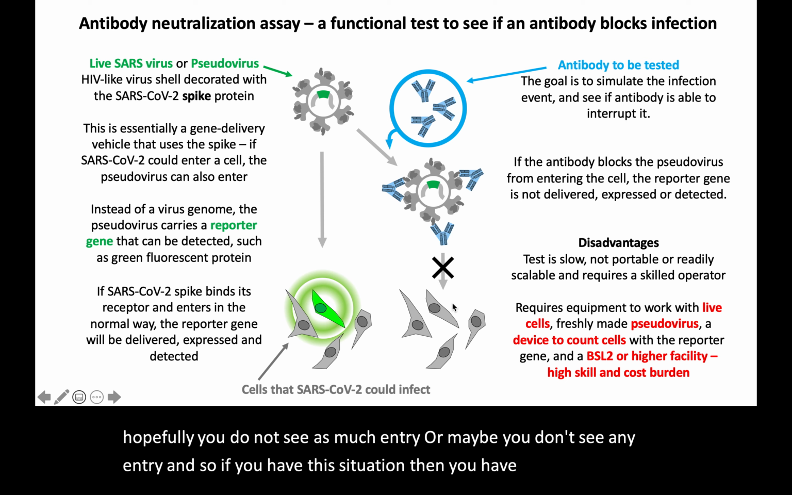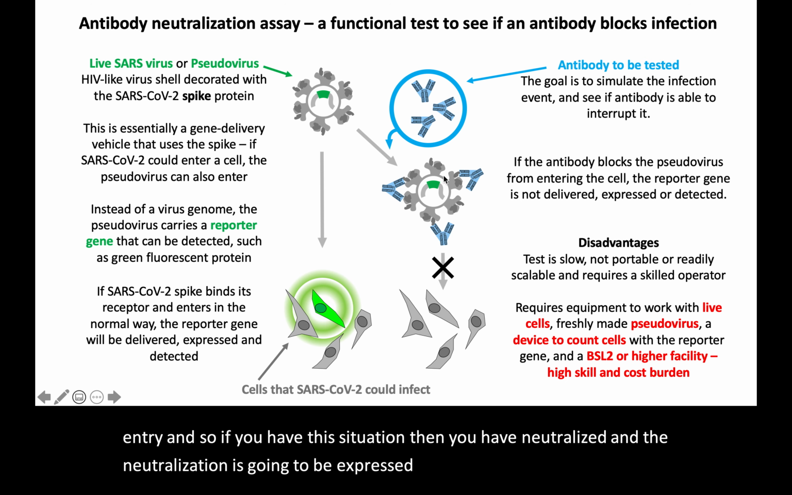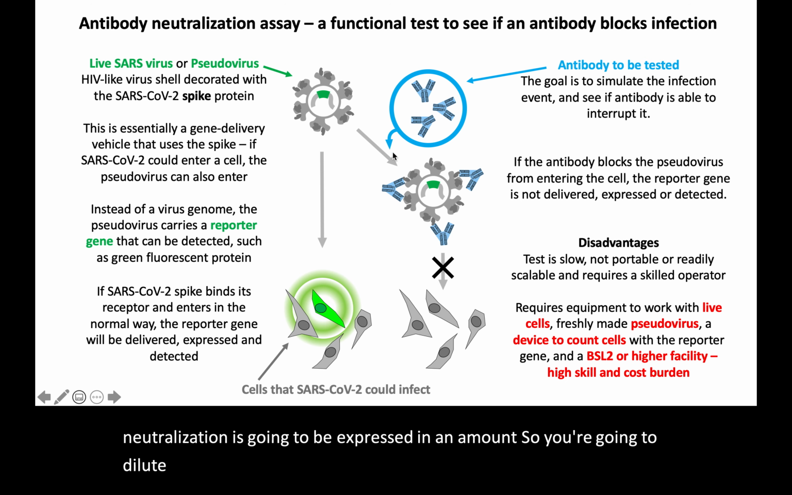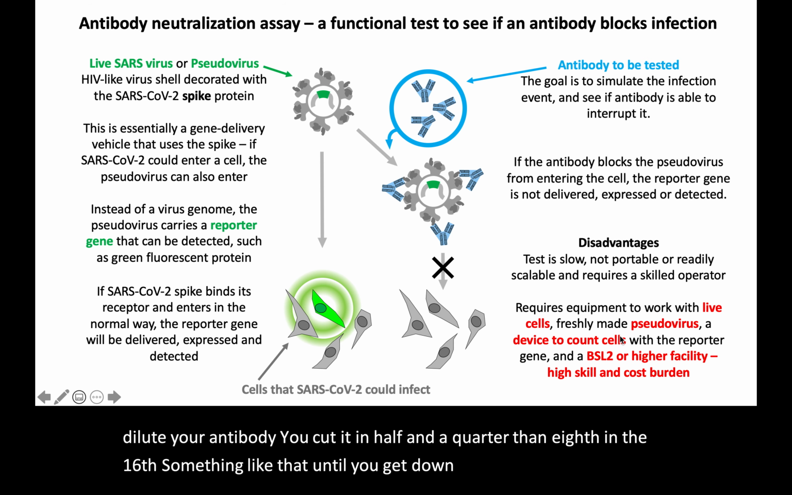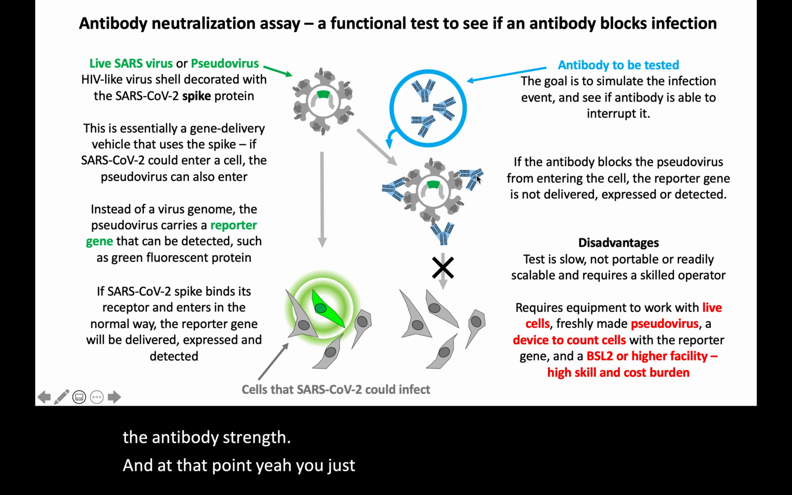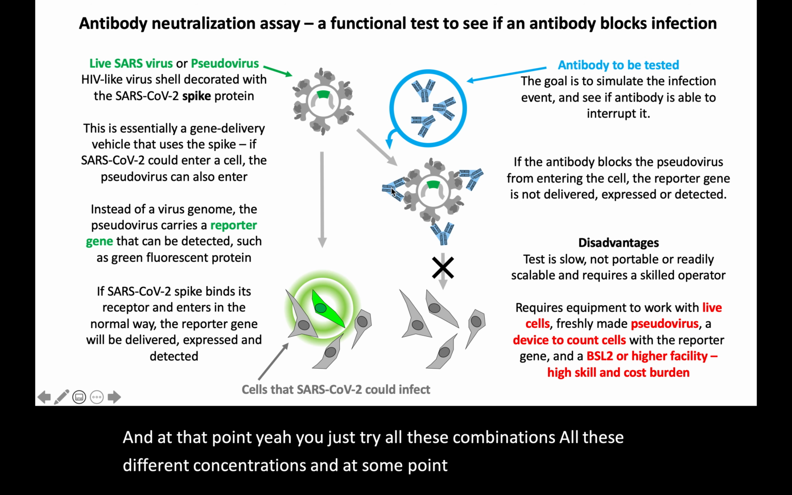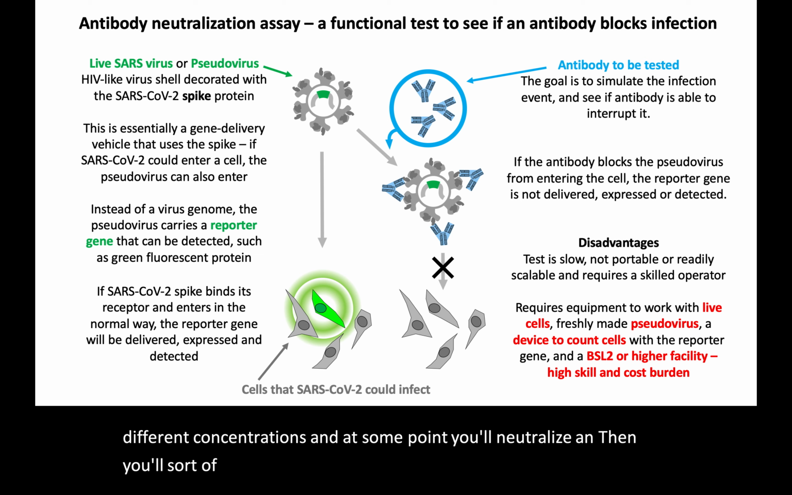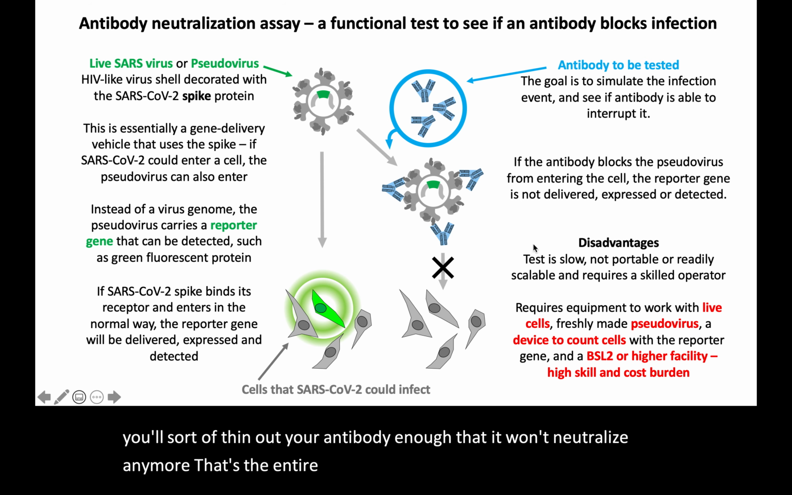And the neutralization is going to be expressed in an amount. So you're going to dilute your antibody. You cut it in half, then in a quarter, then an eighth, then a 16th, something like that, until you get down to like 1/1,000,000th of the antibody strength. And at that point, you just try all these combinations, all these different concentrations. At some point, you'll neutralize, and then you'll thin out your antibody enough that it won't neutralize anymore. That's the entire test, but like it says down here, the test is slow, it's not particularly portable,